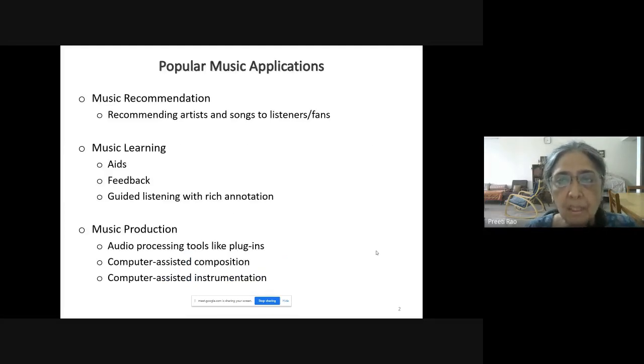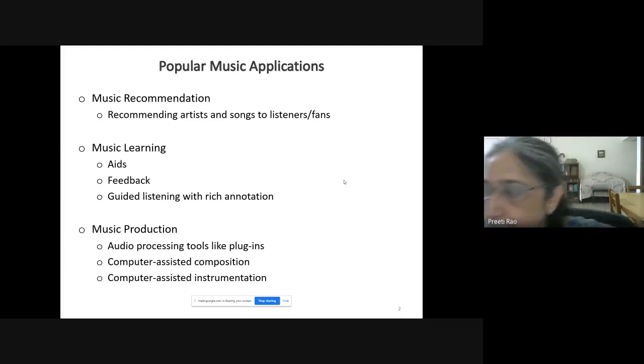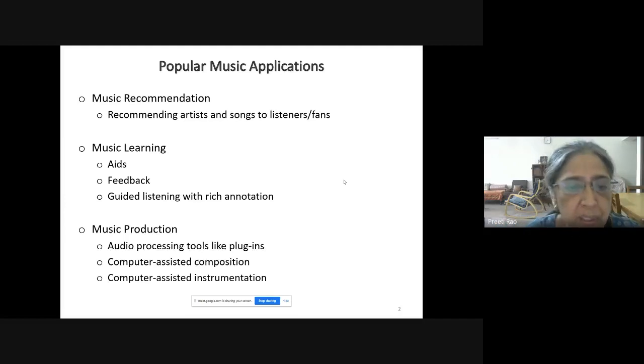What are some really popular music applications that incorporate a lot of machine learning, also called artificial intelligence? I've listed three major categories here. First, music recommendation. Anybody who uses a music streaming service knows that when you log in, it will often have suggestions for you based on your listening history, and that's called music recommendation. We are used to seeing recommendation in other fields also. Even if you are looking for items on Amazon or some e-retailing site, we receive recommendations in terms of items they think you are likely to want and to buy. Recommendation itself is a very vast area,